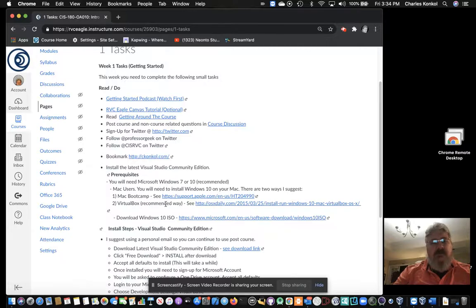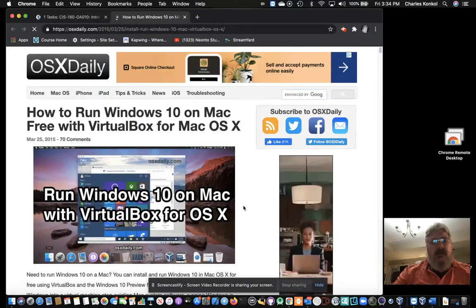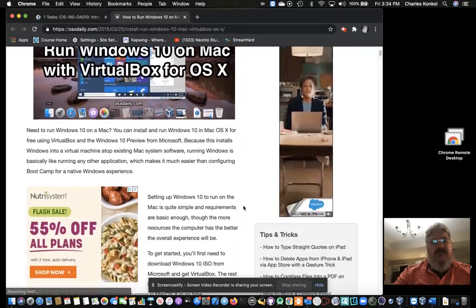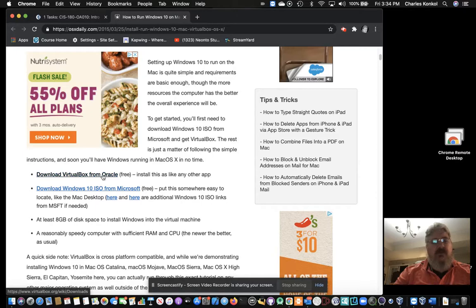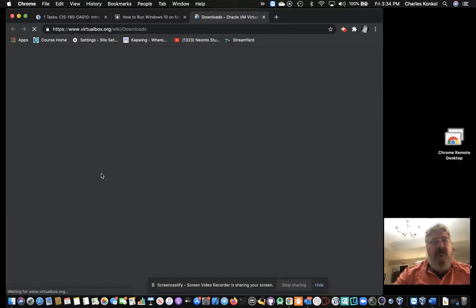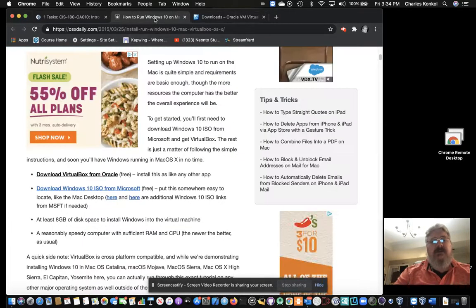So on the VirtualBox recommended way, I'm going to click on this link here. I'm not going to read everything on this web page. I'm just going to show you how to do it. There's a download VirtualBox from Oracle I'm going to click on. And again, if you're a Mac user, you're going to click on this OS X host, download that, and install it onto your Mac. When you do install it, you need to make sure and allow,